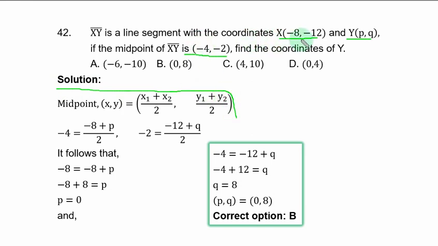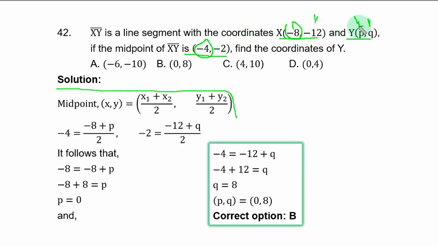From the first coordinate, this is S1, this is Y1. From the second coordinate, this is S2, and you have Y2. So you have S1, Y1, S2, Y2. So when the midpoint is -4, you have